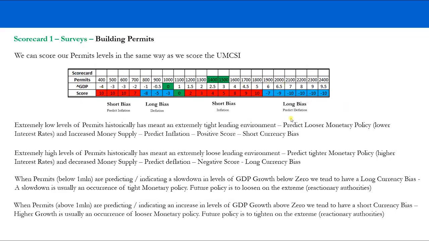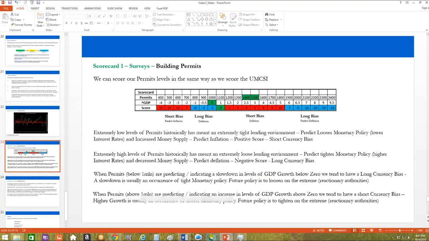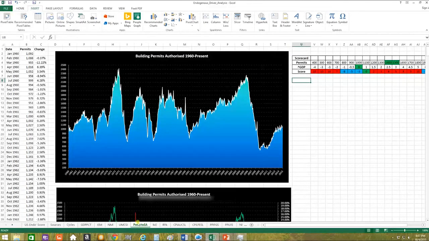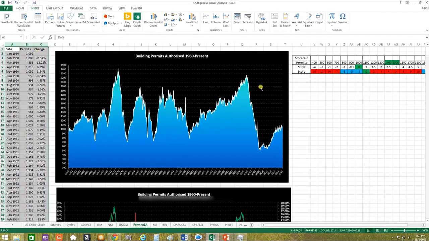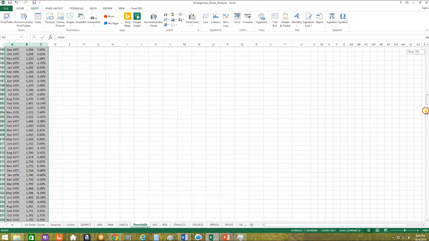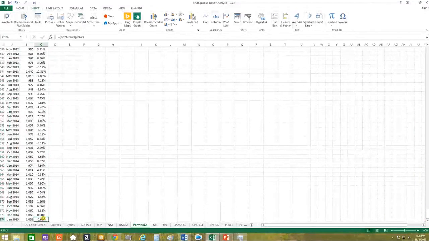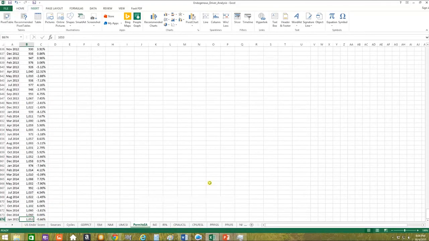The composition of it is pretty similar to the UMCSI. So we can now look at them both and have a look at what scores we're very likely to give them. So if we go over to the spreadsheet, and we're in the permits seasonally adjusted sheet here, and you can see we've got all the data on the left hand side. And if we scroll down to the latest data, we just remind ourselves that we've got a monthly seasonally adjusted annualized rate in building permit applications of